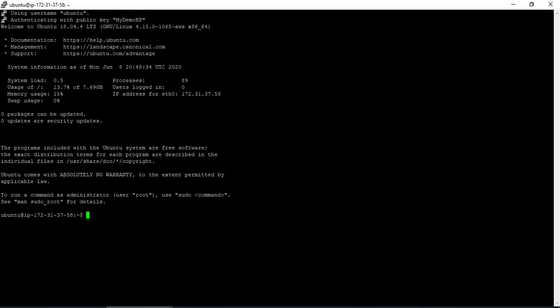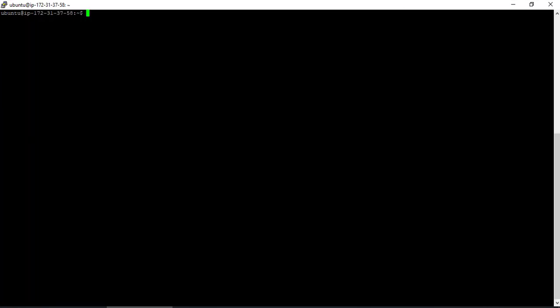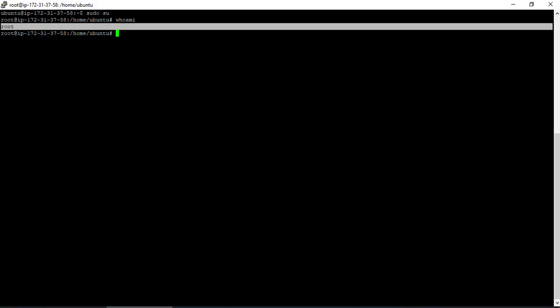Now, as you all know, I can use the clear command to clear the entire screen and come to the top. Now, I'll have to be a super user or root user to have elevated permissions. So I can also check whether I am a root user or not by using the whoami command. It says you are root, so that way we are confirmed.